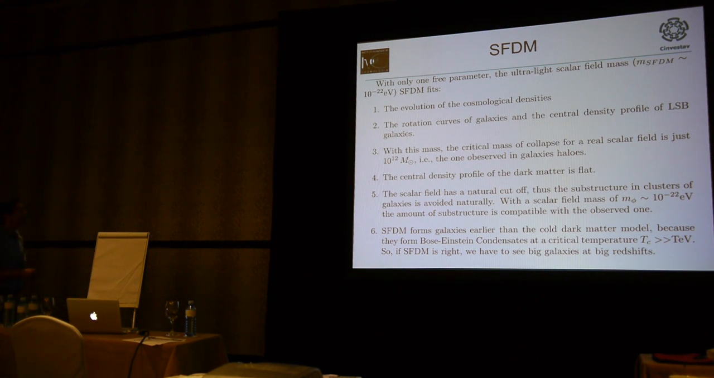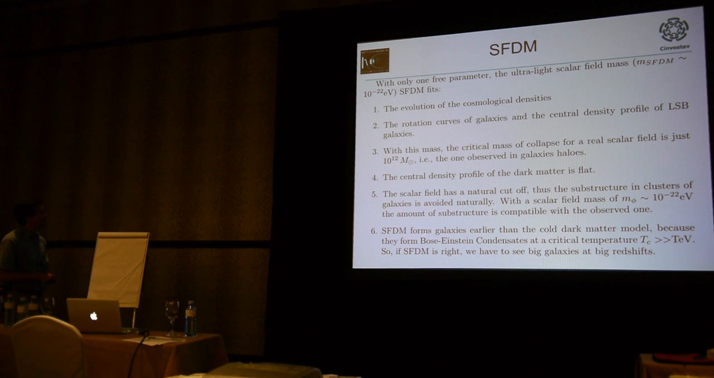With this mass, the critical mass of collapse for a real scalar field is just 10 to the 12 solar masses, like the observed galaxies. The central density profile of dark matter is flat. The scalar field has a natural cutoff, so the substructure in clusters of galaxies is avoided naturally. With the scalar field mass of 10 to the minus 22 electron volts, the amount of substructure is compatible with the observed one. And if we want to compare this with the cold dark matter, the difference between scalar field